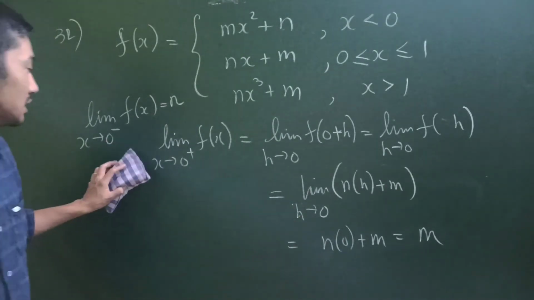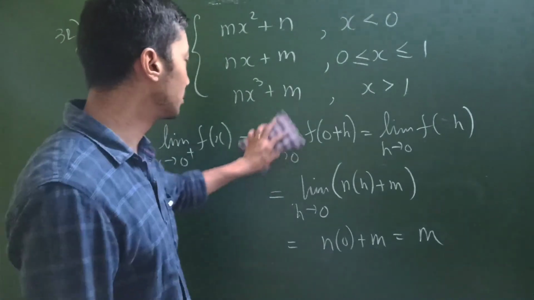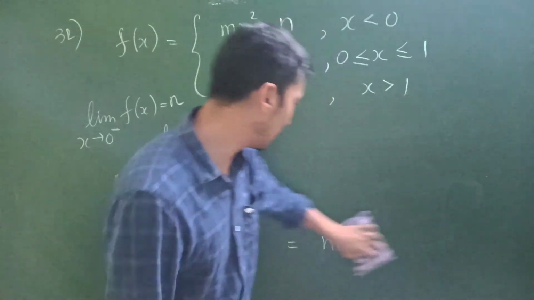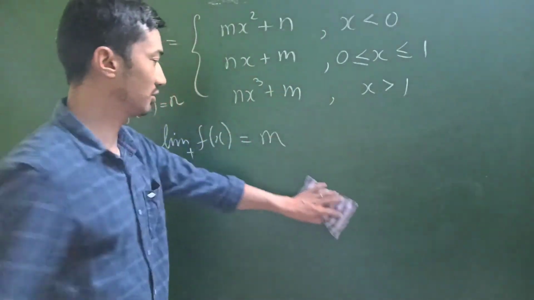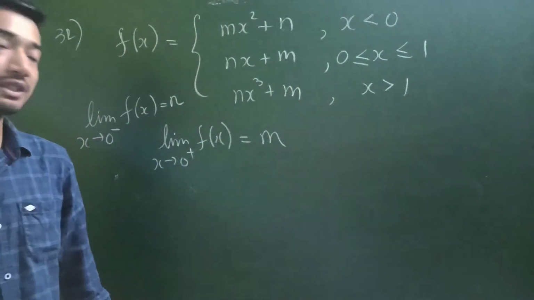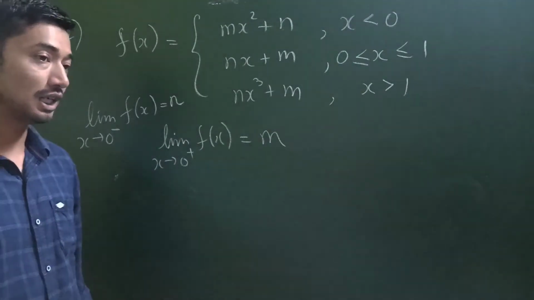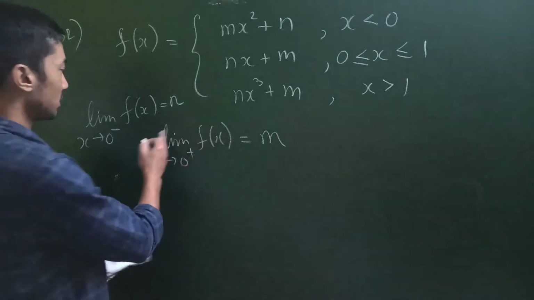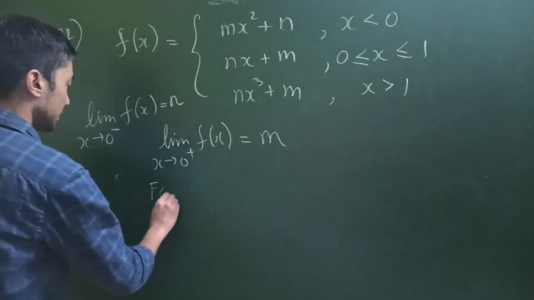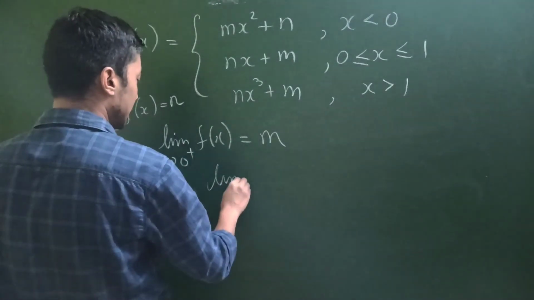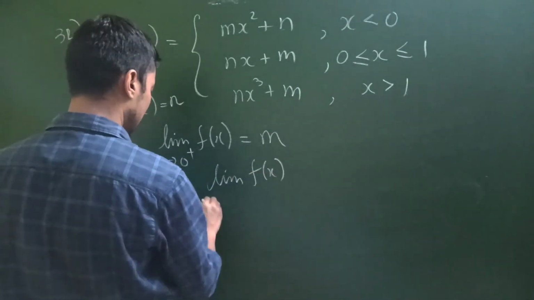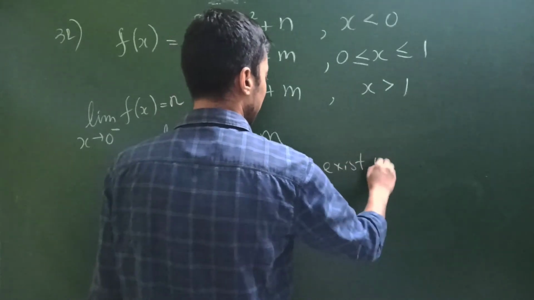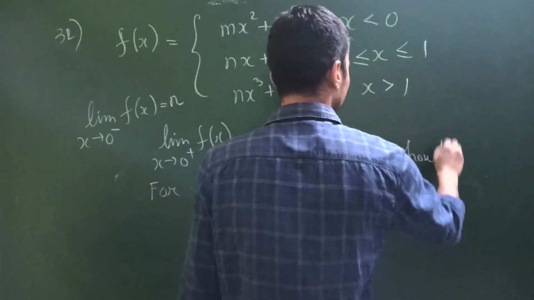Now the question that is being asked to us is, what should be the values of m and n for the limiting value of the function as x tends to 0 to exist? Now for this to exist, for the limiting value of the function as x tends to 0 to exist, we should have